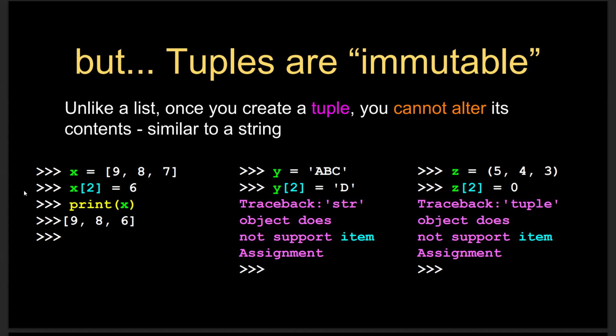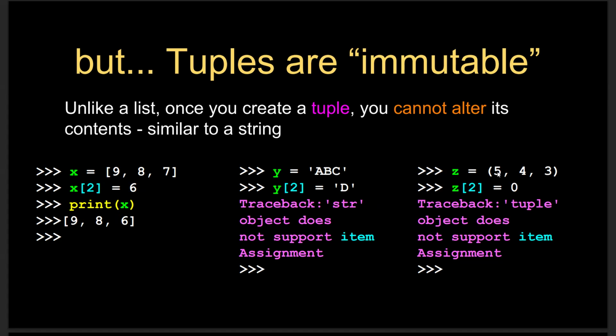So see here, x is equal to 987. Here I am doing a modification for the second index. In place of 7, I am putting 6. It means x[2] equal to 6. Print x. So in the list we can see the replacement of one number with another, 986. See, we can do changes in the list concept. But coming to the